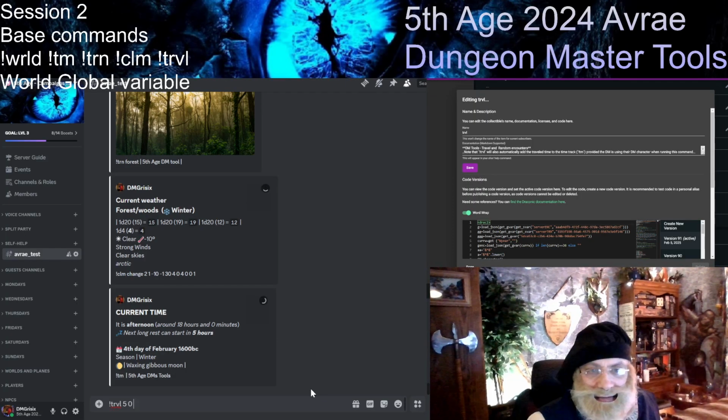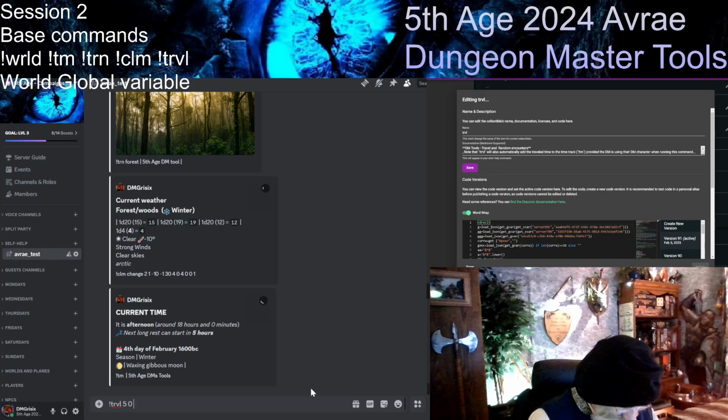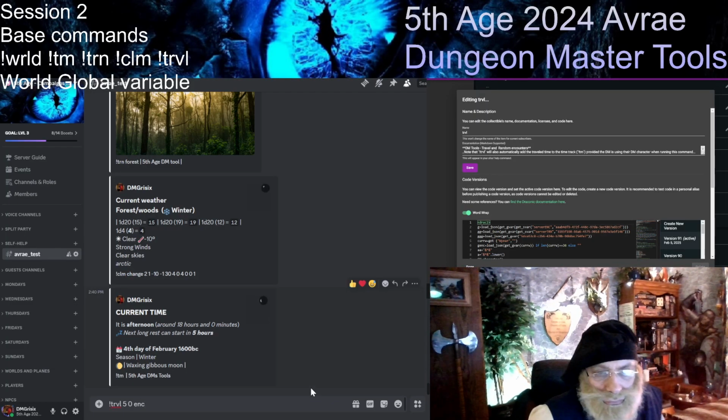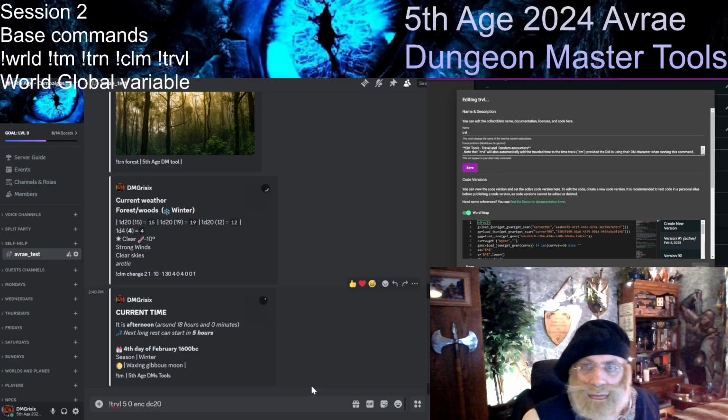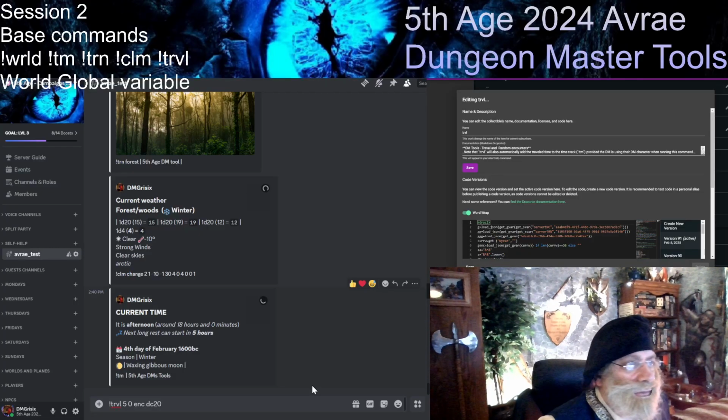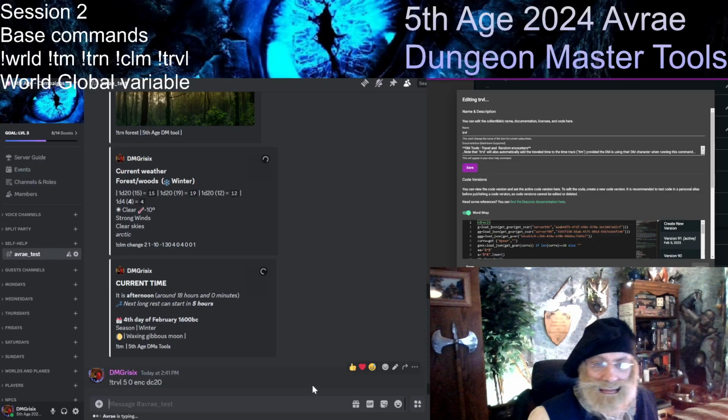And here, even if they stay put at the exit, we are going to get an encounter roll. So let's put it at a DC 20, so something only happens if we roll a 20 on a 20-sided die.